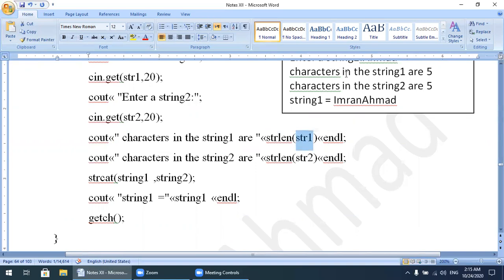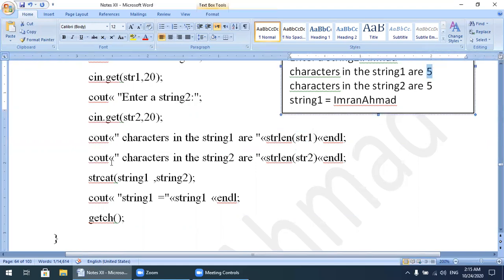It will tell me how many characters are in string 1: 5 characters. Again, cout character in the string 2 are how many characters? Character in the string 2 are also 5. You can check this one. You can assign different values for string 1 and string 2, and it will tell you how many characters your string has.